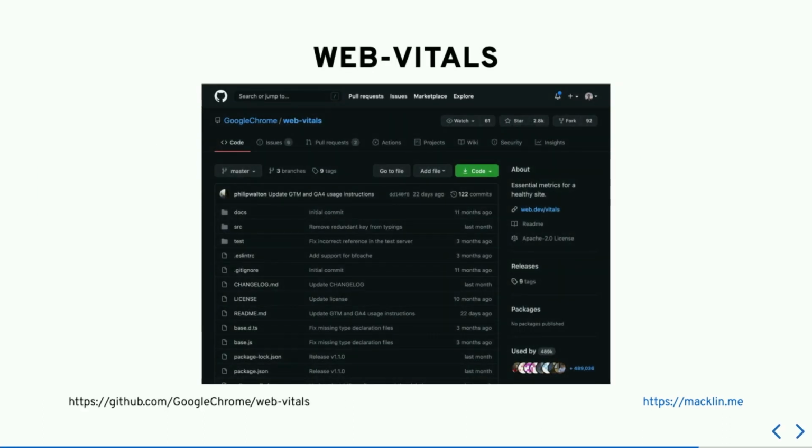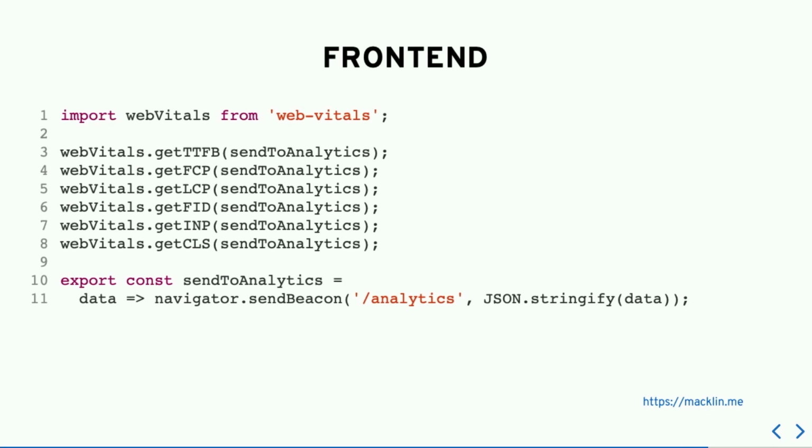The way you do that is you use this Web Vitals library. So Google have packaged up the metrics into this really simple to use library. You can just install this, npm install web-vitals, and you can just get that. So that's pretty cool. I'm going to show you the code too, because the code is simple enough to fit on 2 slides. You just import the library. It gives you methods for each one of those metrics, and those are basically event listeners. So the moment the metric is captured, you can use that to send the metric to your analytics service. In which case, it's essentially a fetch to an endpoint. We just send that data.